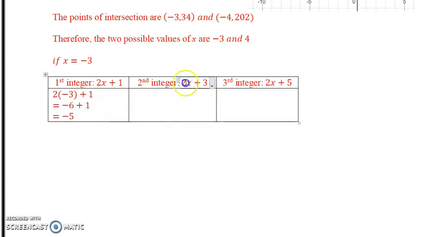And the second integer we said was 2x plus 3. Now, I know that you could just add 2 to each of them. I understand that. But this is just me showing the work. Equals. So we put a -3 in. And folks, I understand that we know that the next integer is going to be -3, but this is just showing it. So we have